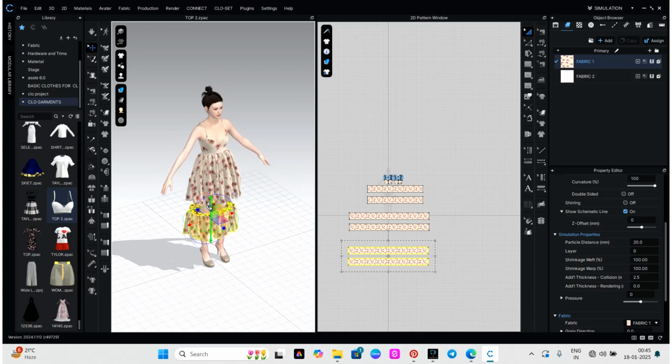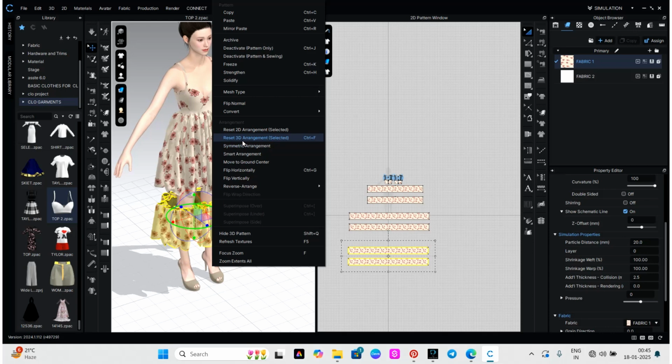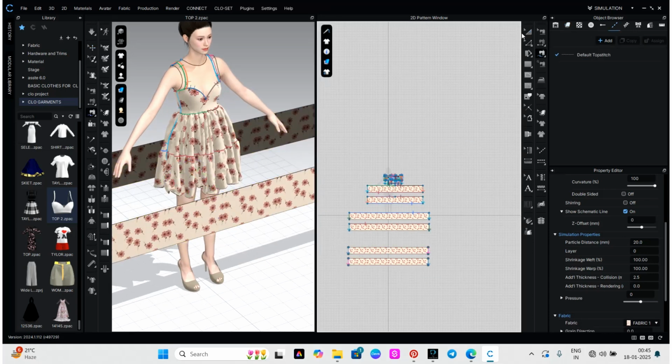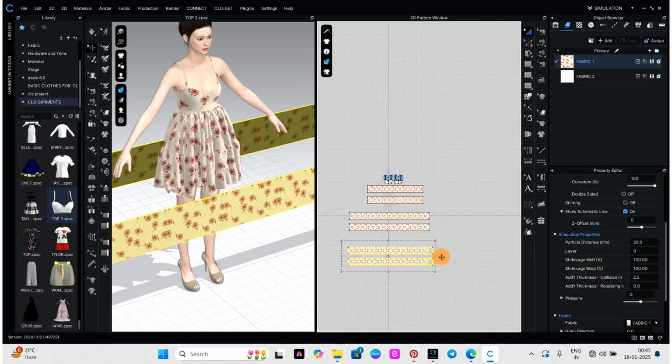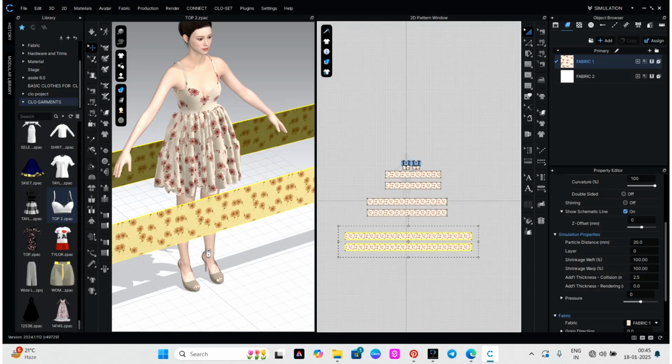Basically, first you stitch them, or else first reset to 3D arrangement and size your patterns. Basically, it is a piece of rectangles and